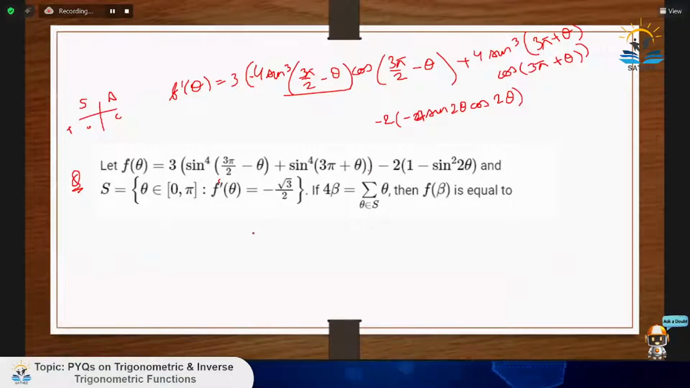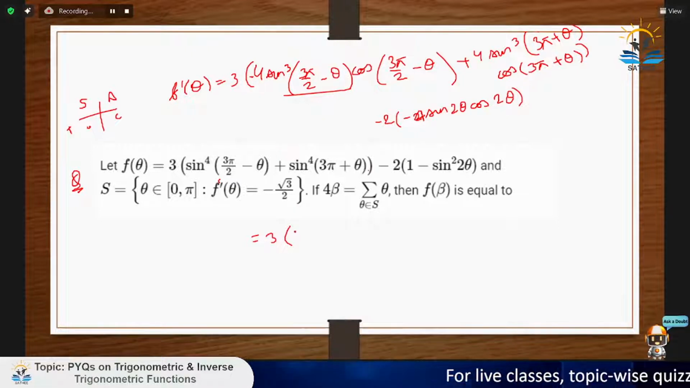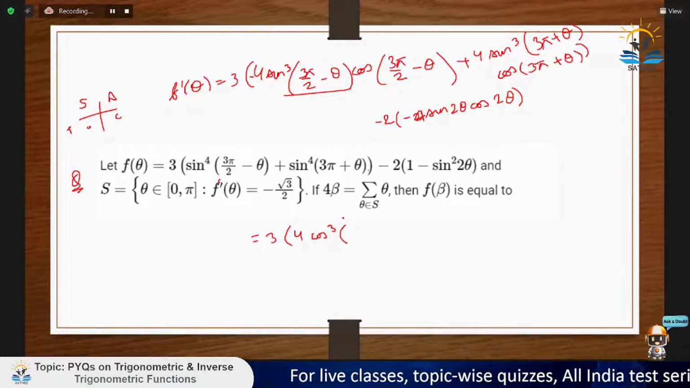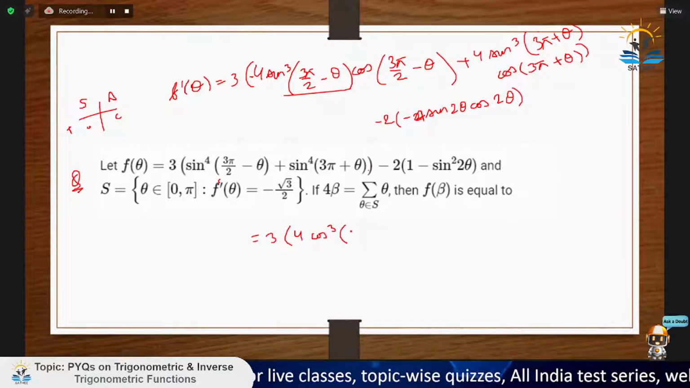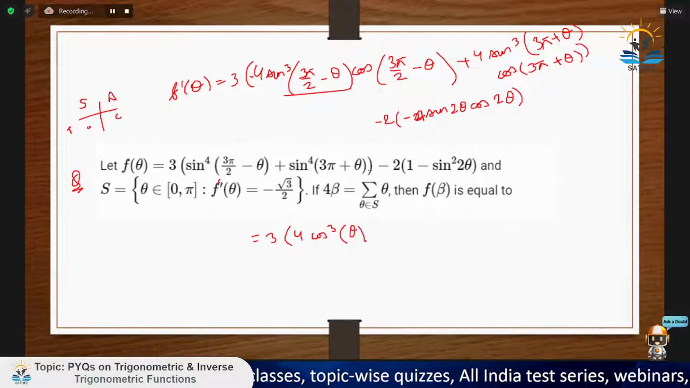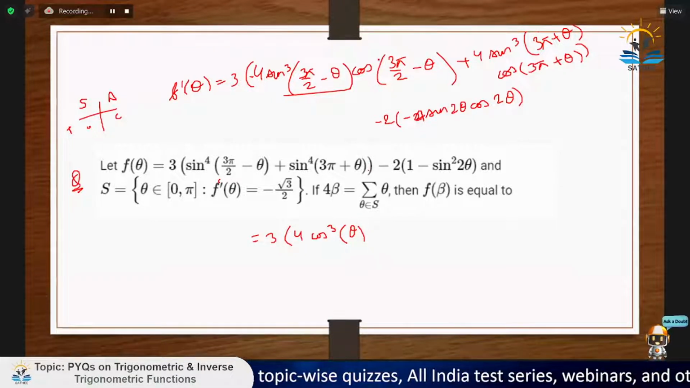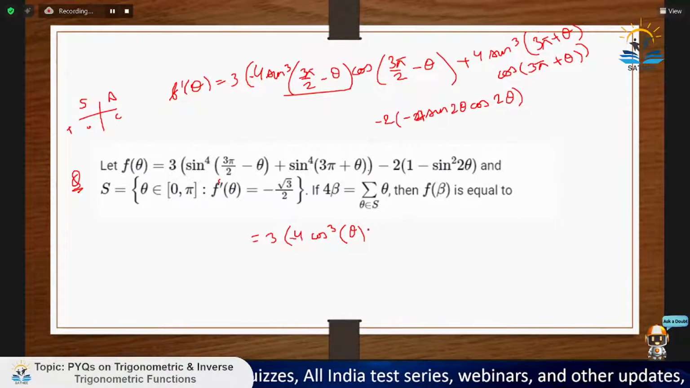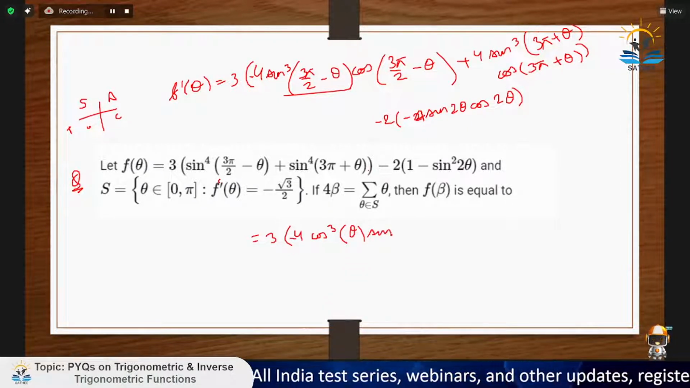3 times, this would become cos theta minus cos theta actually. And since it is cubed, minus cube is minus only. So minus will cancel and you will be getting 4 times cos cube theta into sine of, and this thing is again minus sine. So minus from here will come minus sine theta